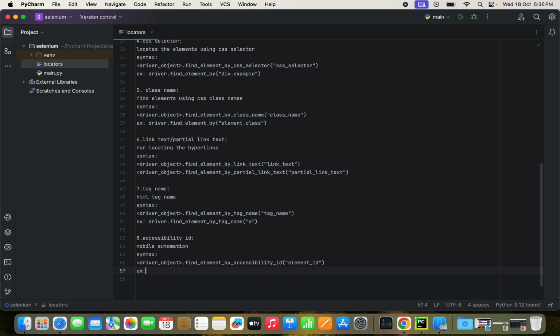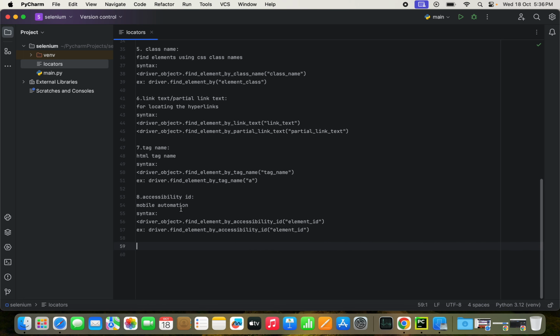The example looks like driver dot find element by accessibility ID, and this ID will look very simple, anything, element ID. Okay, these are the 8 types of